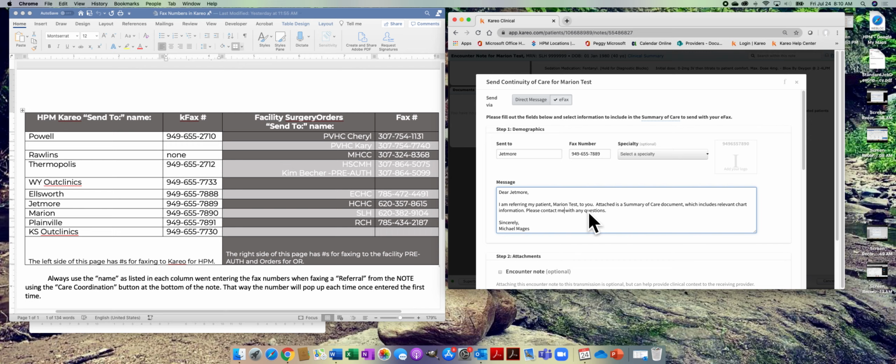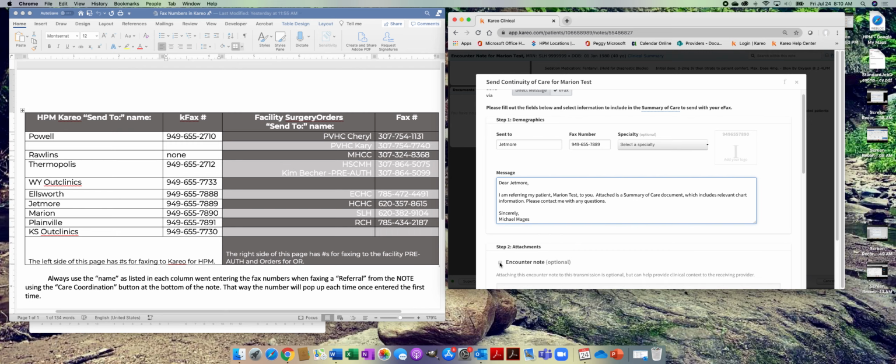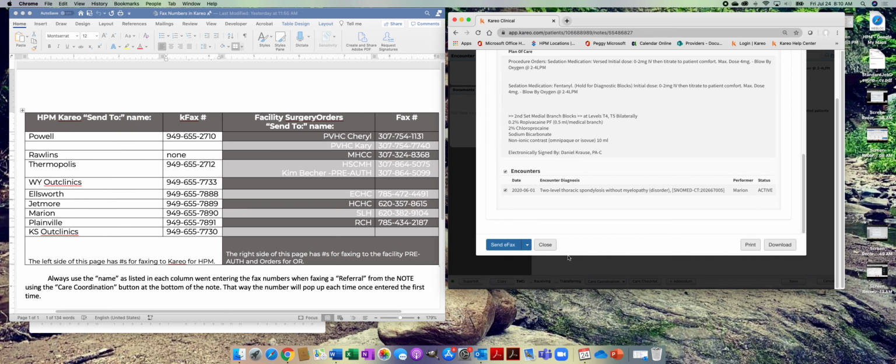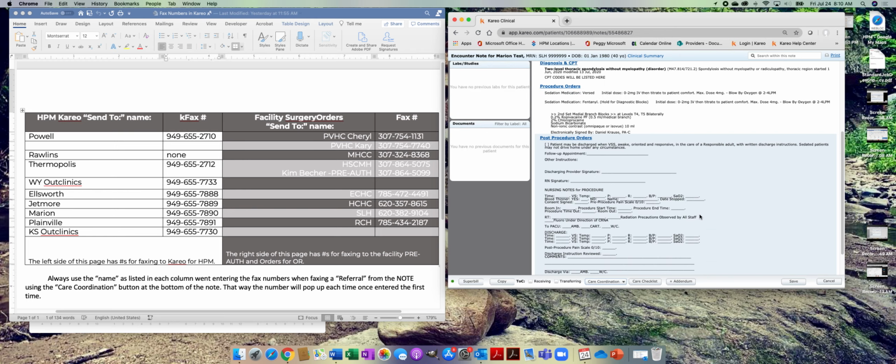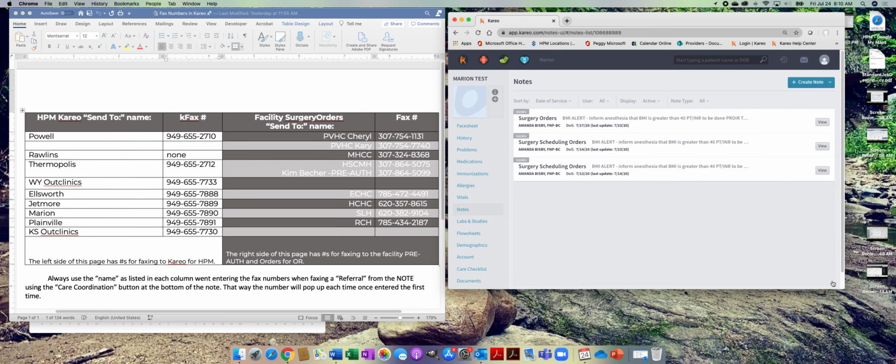Marion test. This gives information. Now we want to check down here encounter note. When you check encounter note, that sends the entire note. Then you can send the eFax. So I hit send. Now it's going to show and send. So if I want to view what happened, I go to the documents setting and look under referrals. Now here, this is a task to say what happened from here, and is it complete? So I save that. So that's what I wanted to show you today,